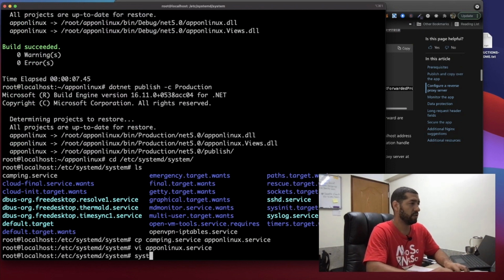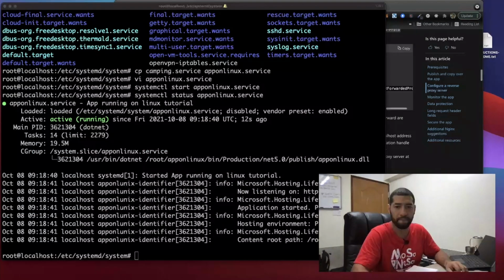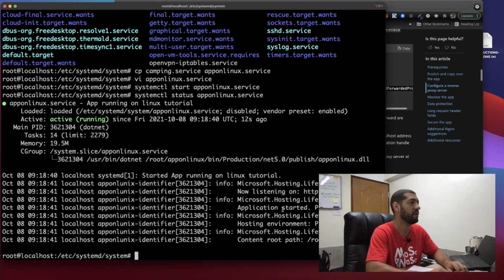So let's try to run this. Start, and this is app on Linux service. Then systemctl status, app on Linux service, and it's running. Okay, so now that we have that running,